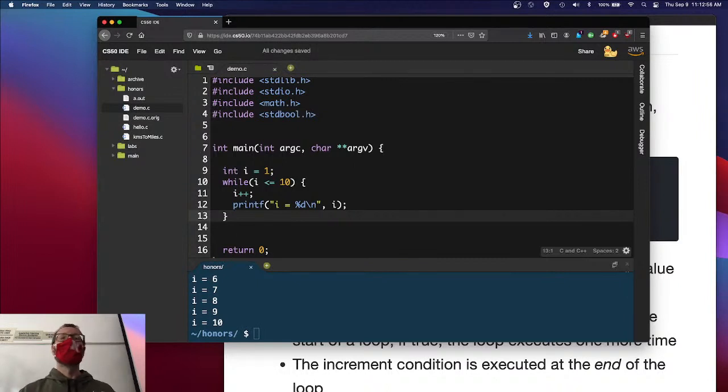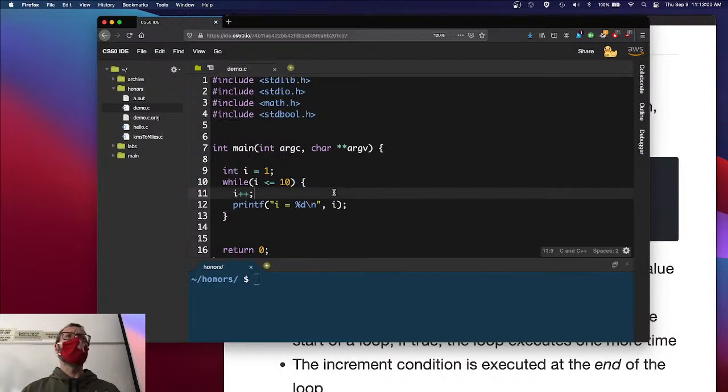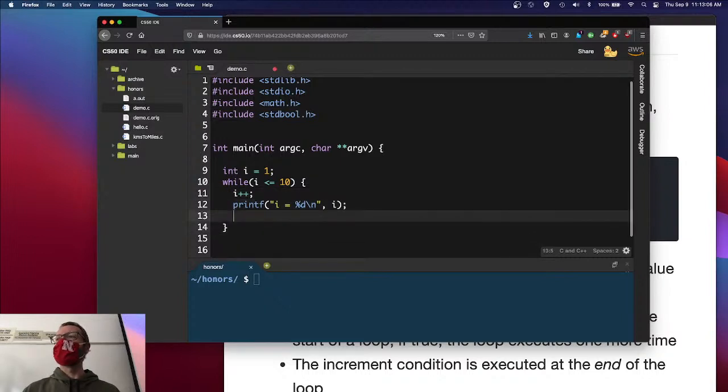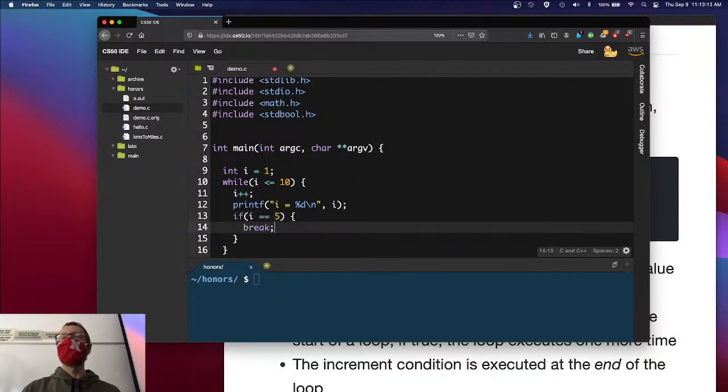Can you also use if statements to determine when it... Oh yeah, you can put arbitrary code inside of this while loop. And there is a break statement, so if i is equal to 5, then break. You might see this sometimes. You might want to use this. I don't generally cover it because